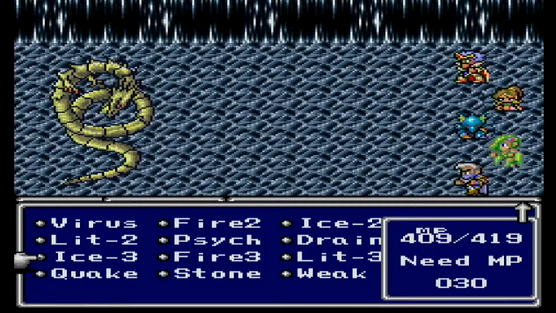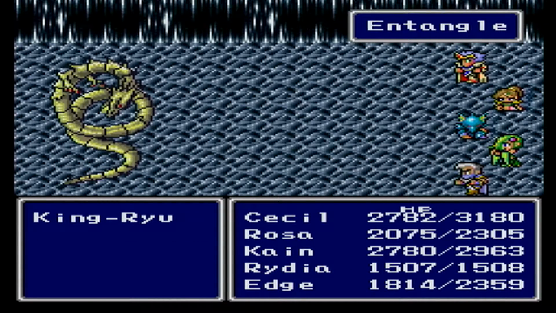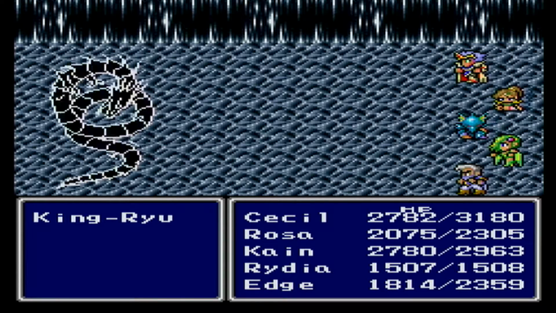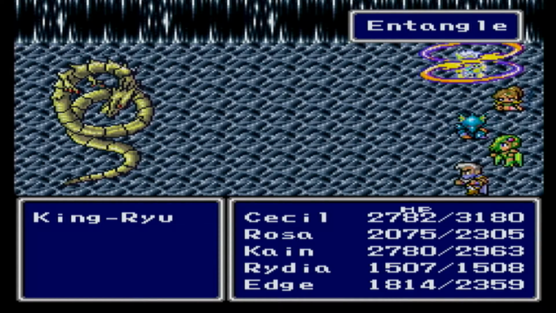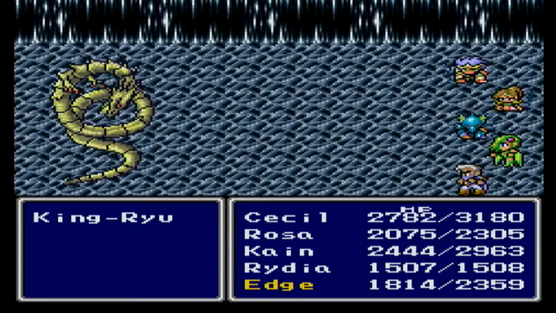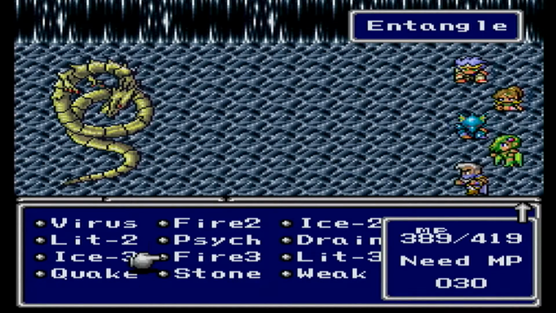You know what? Screw it. Let's just... Virus. Because can. Because Virus is actually a pretty good spell, even this late in the game. And I guess it counters magic attacks with Entangle as well. What? And no! Not cool. Whatever, let's just...